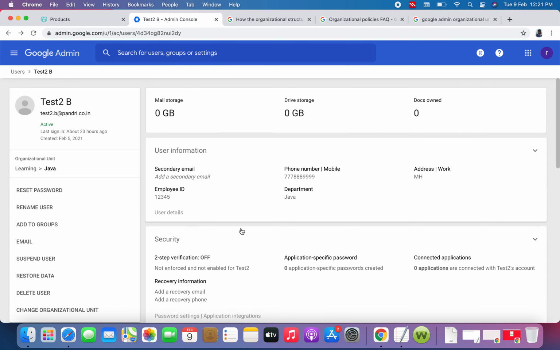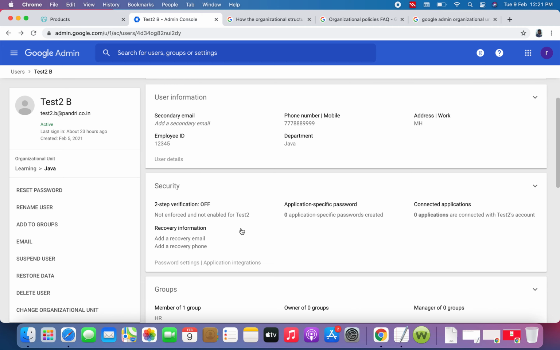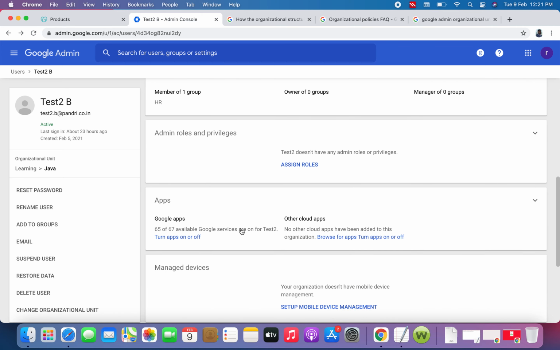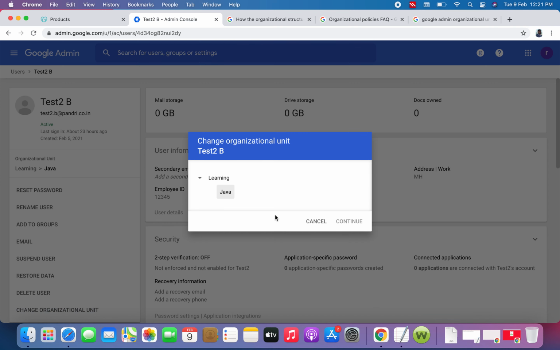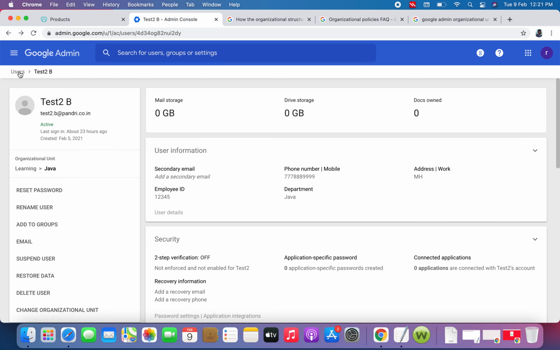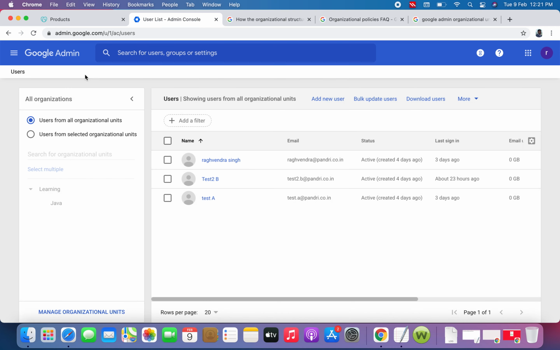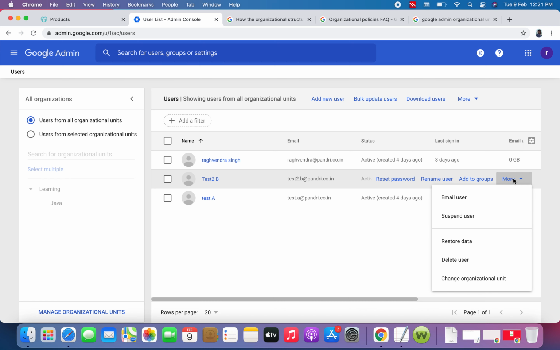How can I verify it? It will show you here organizational unit Learning, Java. If I click once again, there is no other setting available. So let's come back and click on more.